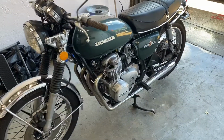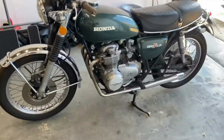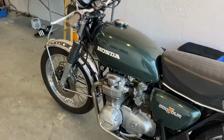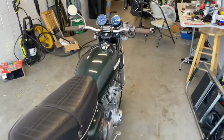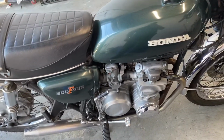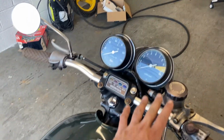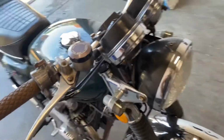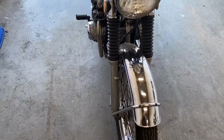This is our CB500F that we built for our client. We pretty much restored it, a few tweaks, mostly original. The bike was painted in a custom green, I believe Ford color, and it's a 1972 CB500F with rebuilt carbs, new tires, new chain, new battery. We have an aluminum handlebar, and we adjusted the throttle cable for it as well, so there's no extra play. Some bullet style turn signals that kind of look a bit cleaner, and rebuilt the fork seals,